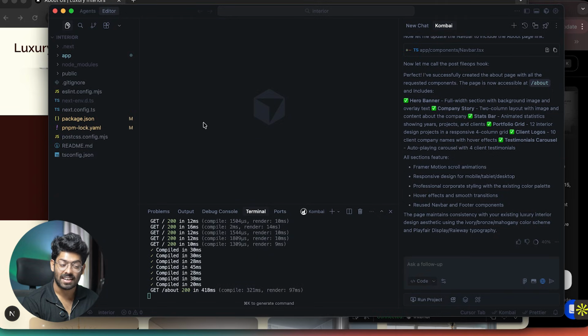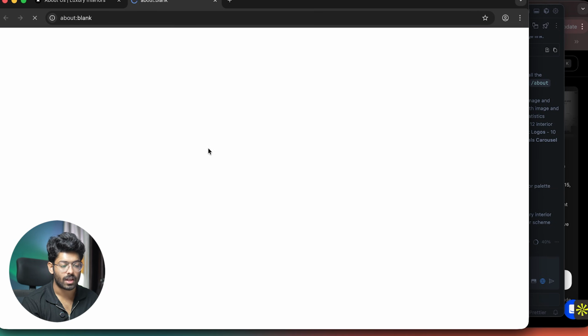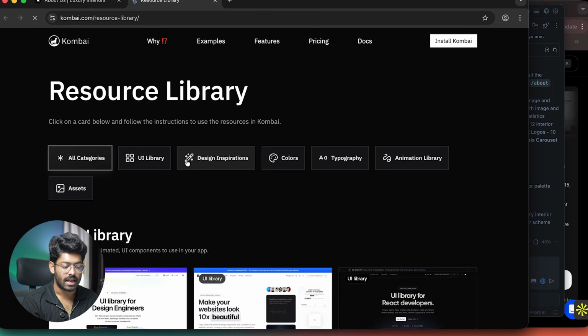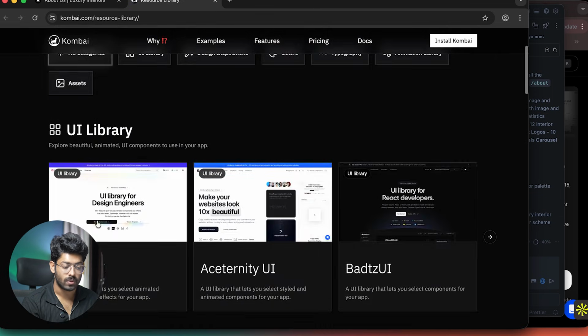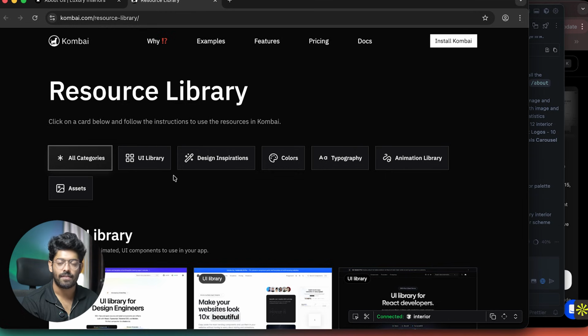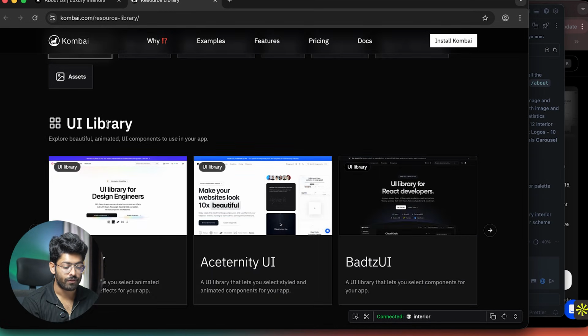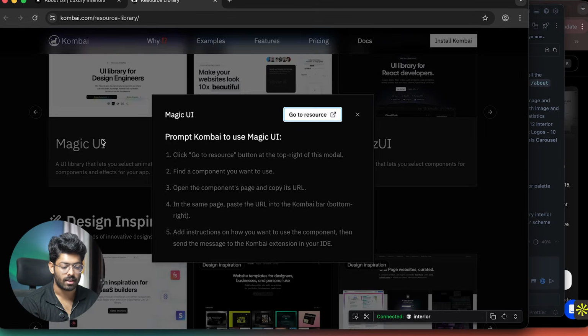Interesting. And again, yet another cool thing right within Kombai is that towards the bottom, you can find a couple of different options like resource library, then we have tech stack and also rules. And if you want to edit and add particular rules, you can use this option. But the one that we are particularly interested in is this one right here that says resource library. And if I click on the same, it will open up a page, and here I can find all the different resources or UI libraries and pretty much everything that I can directly use in my project in just a single click. For example, here we have UI library and let's just say Magic UI,